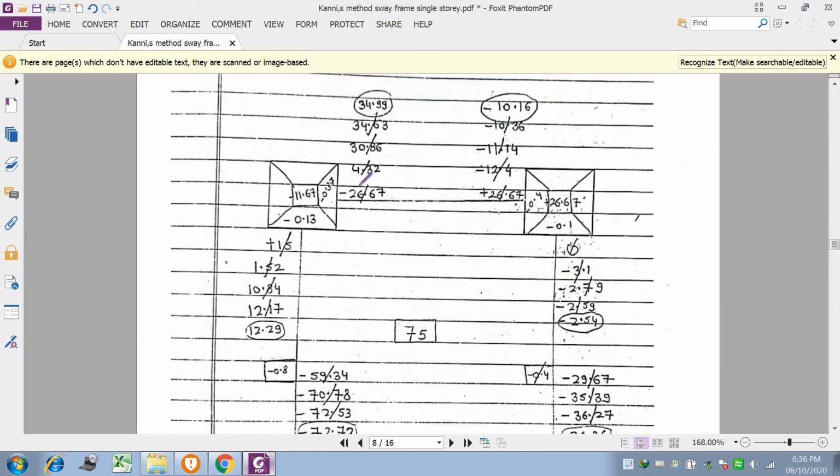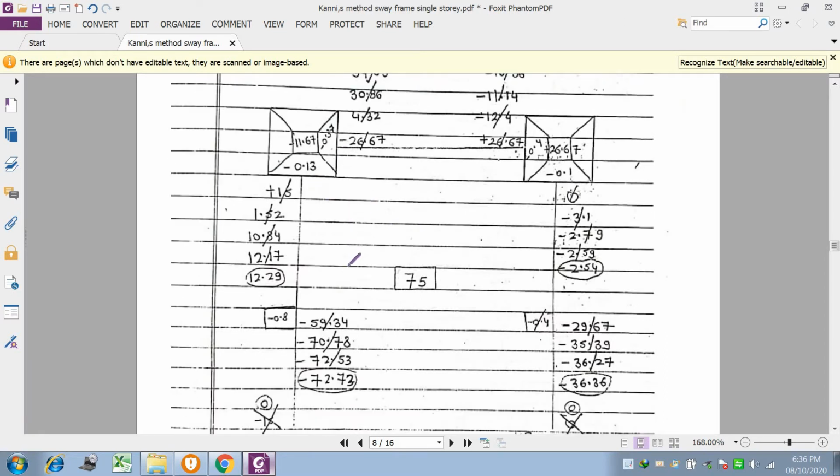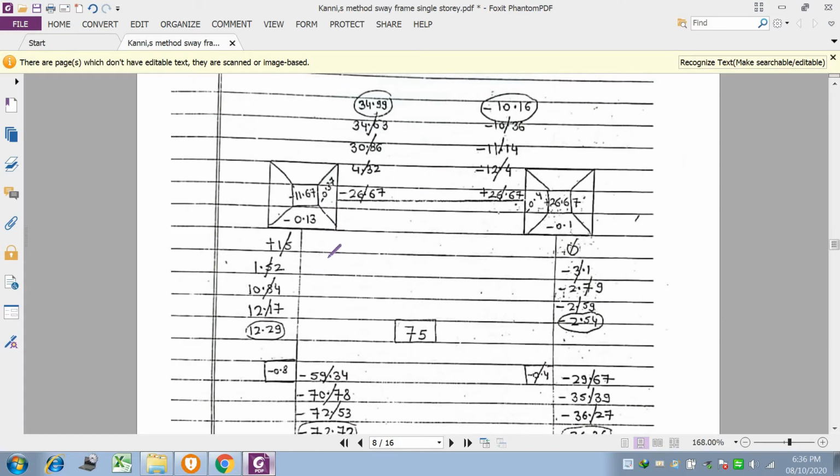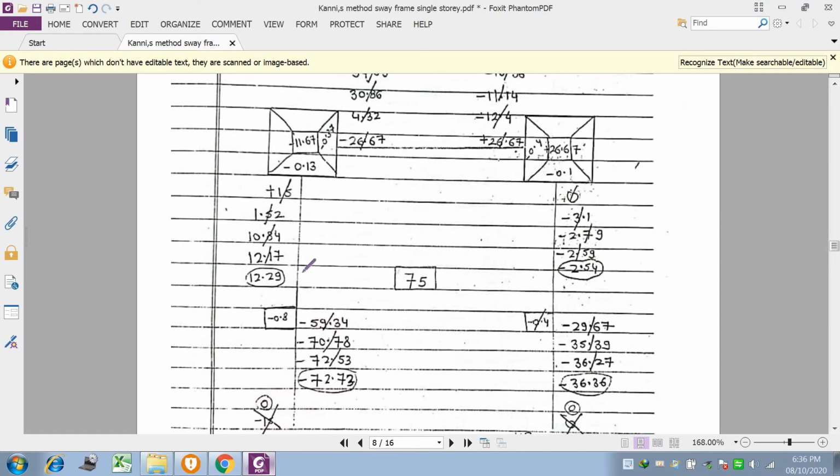So he has directly taken the value of the rotation factor that we already calculated in the last numerical, and proceeded further. Initially you have to draw this Carnot diagram. Under this, first of all you have to write the fixed end moment. Here the fixed end moment is minus 15, here it was 15, here it was minus 26.67, here it was 26.67, here it is 0, here it is 0.